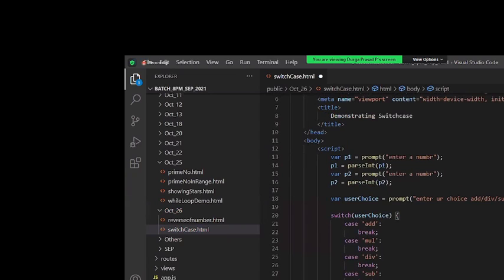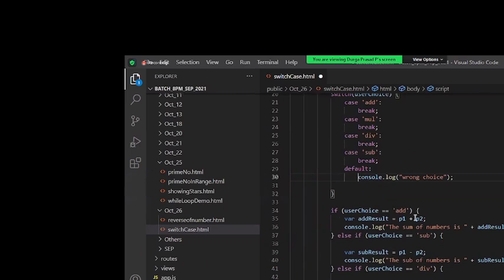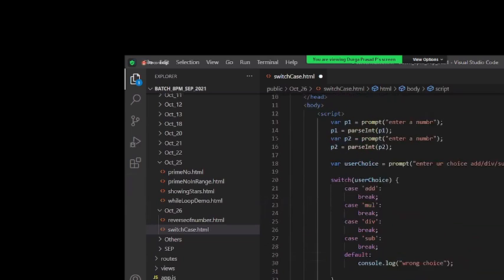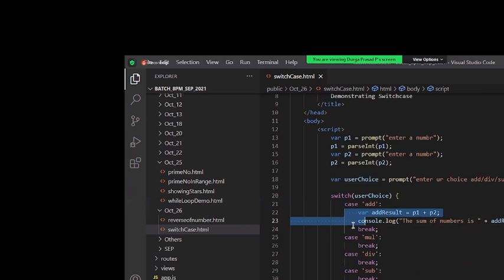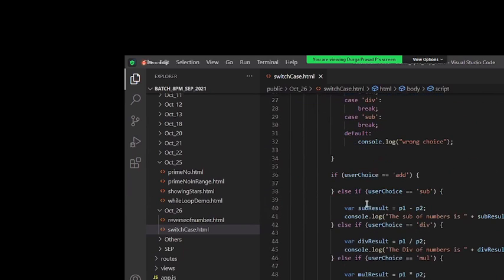That's it. As simple as it is, guys. Now you take out the instructions. This is the addition. I go here like this. When it is subtraction,